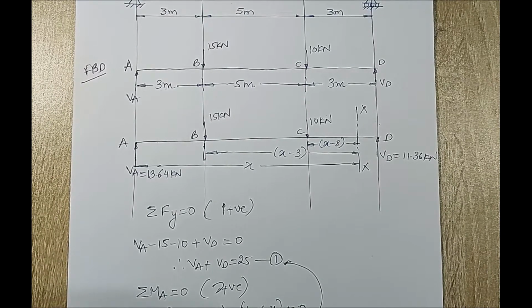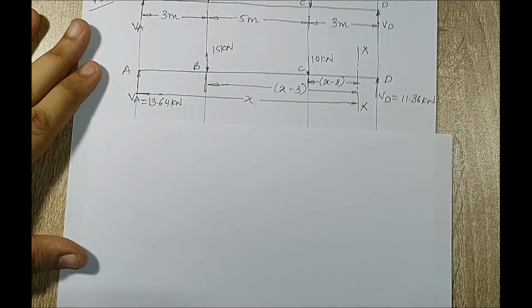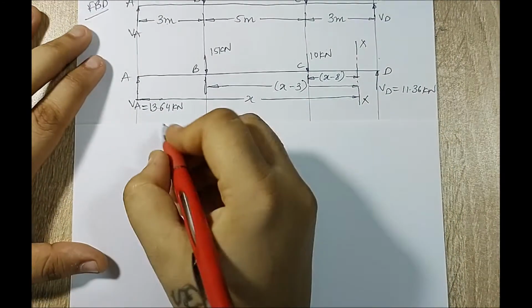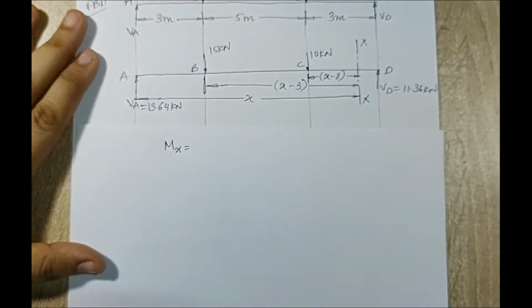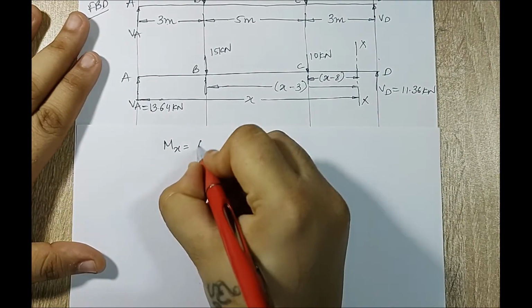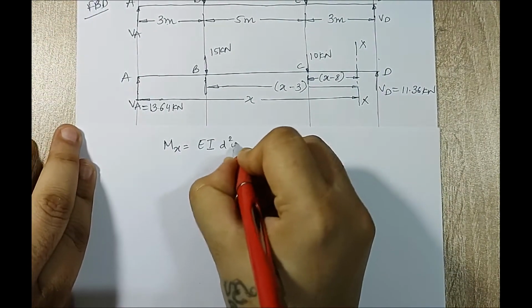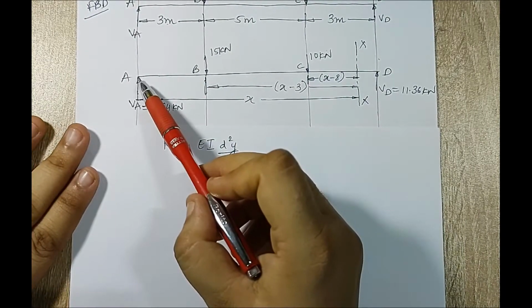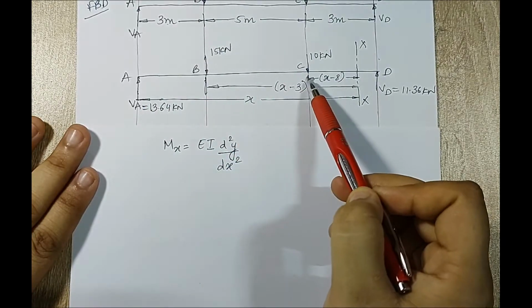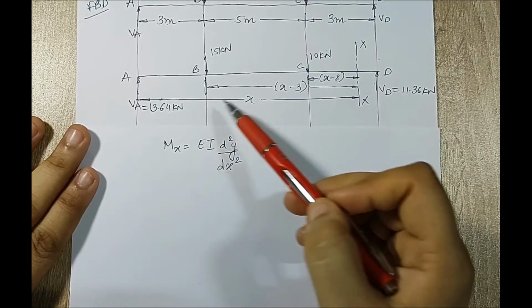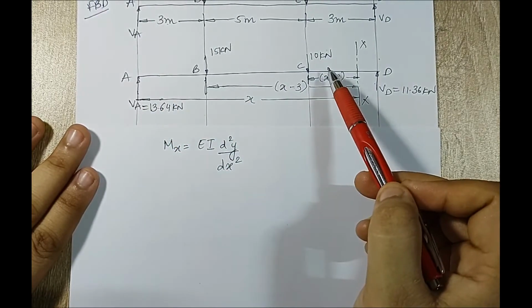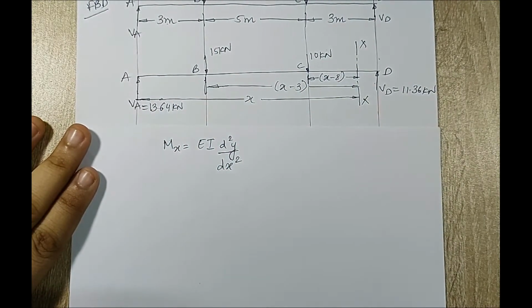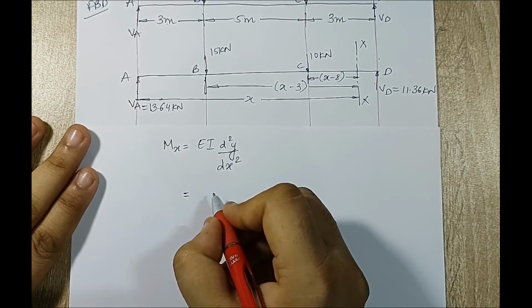Now I have to write the moment equation by looking at this diagram. The first equation that I am going to write is the moment curvature equation, which is moment about the x-axis is EI d square y by dx square. This is the base equation. Now I have to write down the equation for AB, BC and CD portion. Here I am not going to write separately for each of them. I will write together because you have already understood the concept. If you have any doubts, please revisit the lecture.